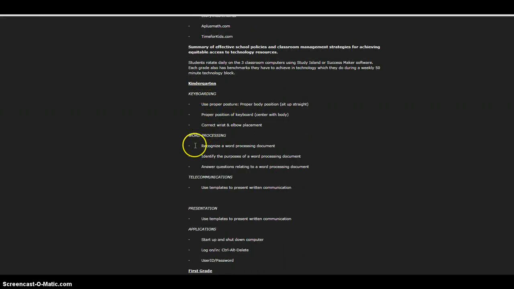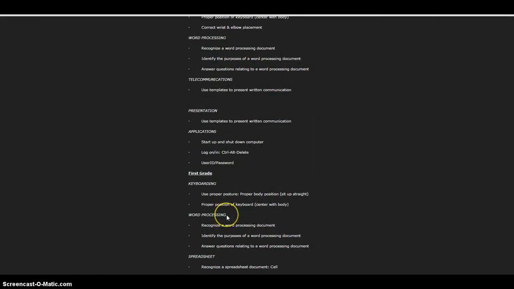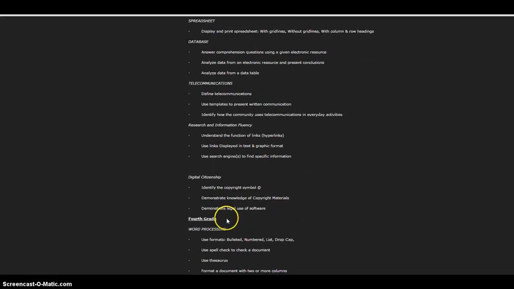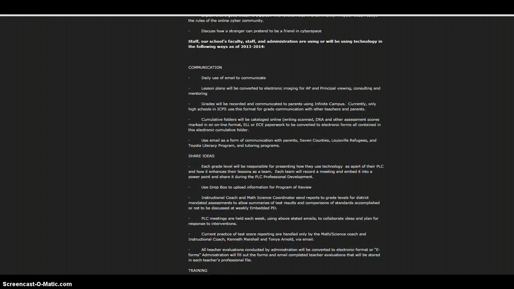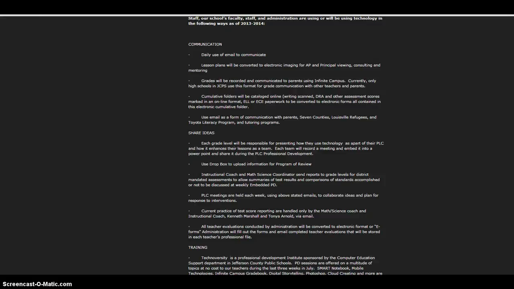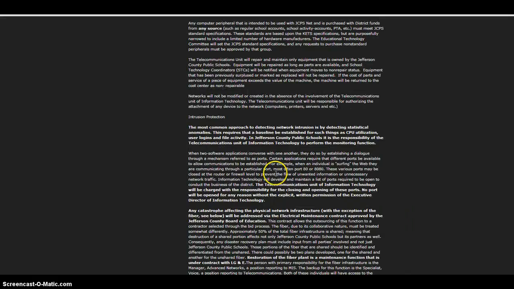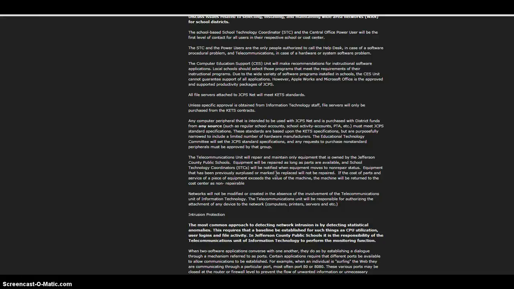I also learned that students learn many different things throughout the year depending on their grade level, such as keyboarding, word processing, and spreadsheets. The final thing I thought was interesting was how we keep up with our WAN system. We actually have people at the district who take care of all of technology housing as well as passwords. If anything breaks down, we have an STC in the building that takes care of it first, and then she